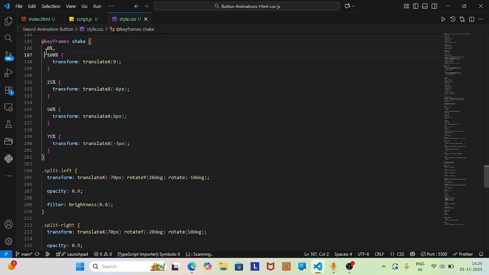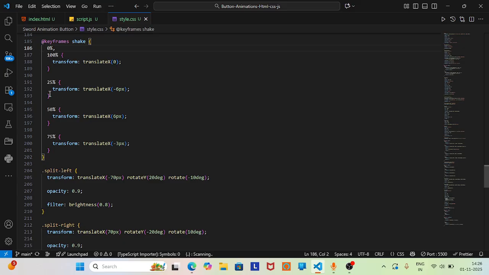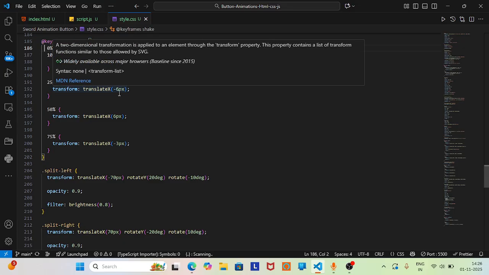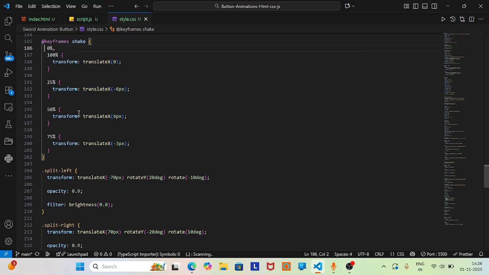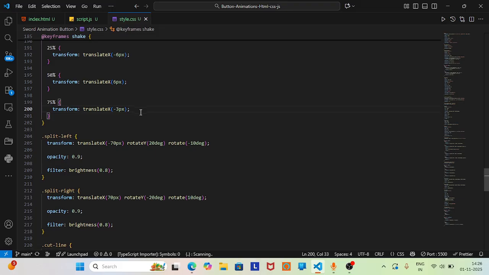And for the keyframes of the animation, we have defined 0 and 100% with transform translateX as 0, and at 25% it will translateX by -6 pixel, at 50% to 6 pixel, and then at 75% it will go to -3 pixel. Okay,